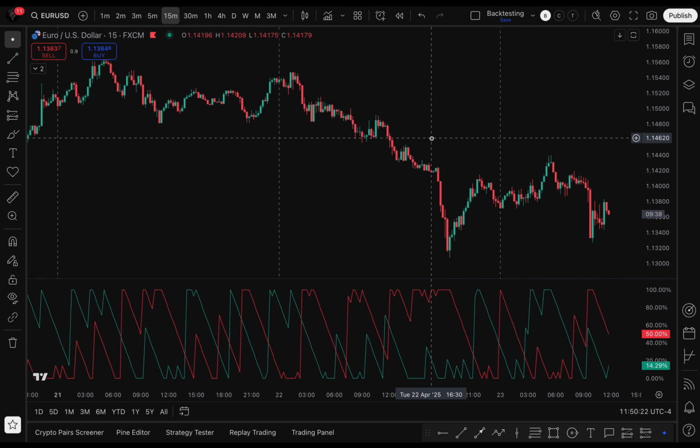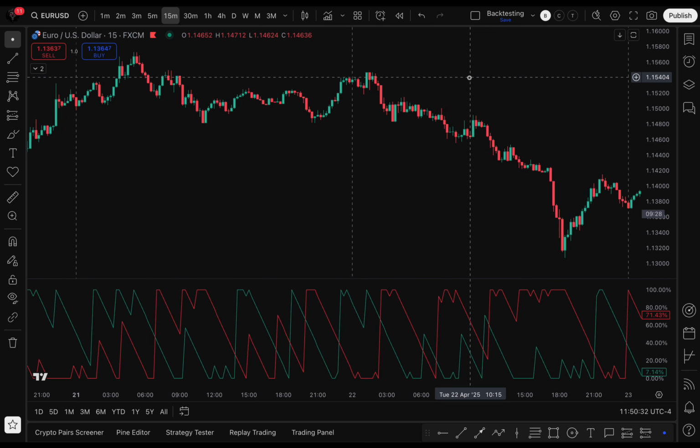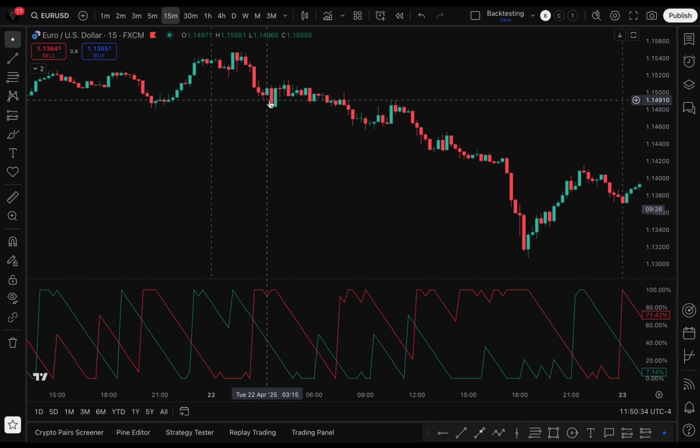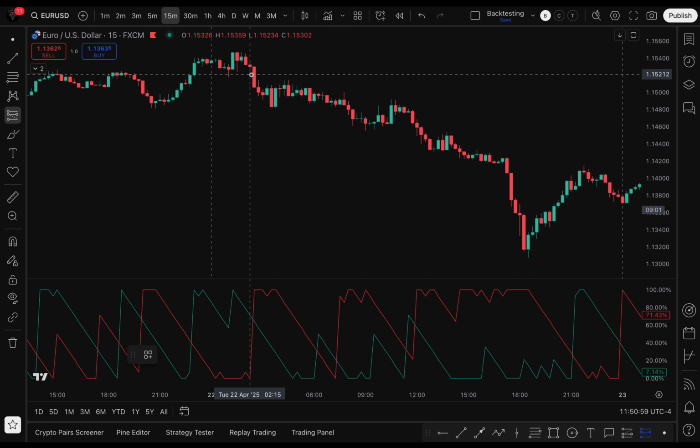So, as you can see, we have started this day, for example, with a little bit of a high and then a lower low compared to this one. Let me zoom in. Compared to this one. And we have failed to move back higher, okay? Now, the first Aroon signal was right here when the Aroon down climbed above the Aroon up, and this was the first short signal of the day, okay? So if we would have entered here